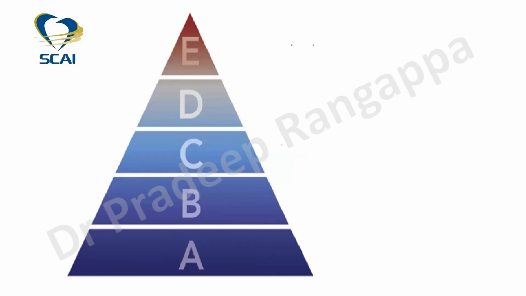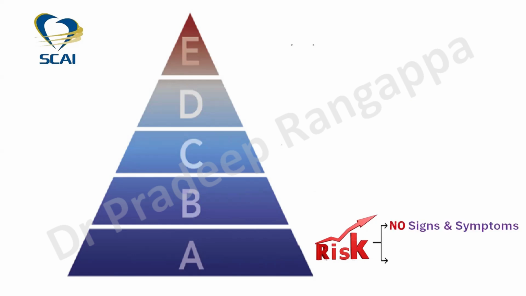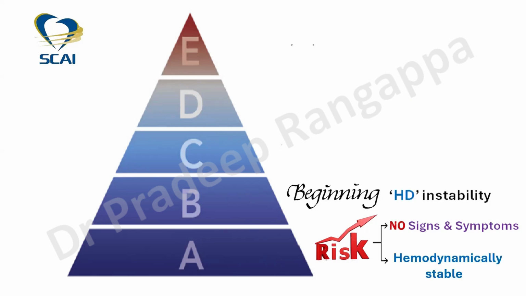They have categorized the cardiogenic shock patients that come to ICU into A, B, C, D, E. A is like a rifle criteria, as simple as rifle criteria. Identifying the patients at risk who may develop cardiogenic shock is A, where there are no signs and symptoms of cardiogenic shock or heart failure, and patients are hemodynamically stable. B is the beginning of hemodynamic instability, where blood pressure may be low, patient may be tachycardic, but there are no signs of tissue hypoxemia or hypoperfusion. So hypoperfusion has not set in. It's like a rifle criteria.